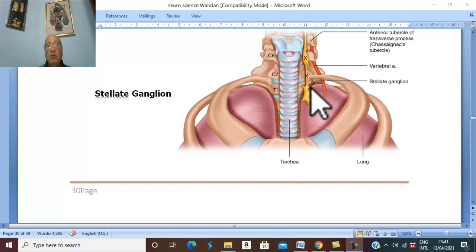first rib. What is the neck of the rib? Each rib has a rounded part like this. Therefore, it's called the head of the rib. Below the rounded part, there is a constricted part. What is the constricted part below the head? Sure, it is called the neck. And this is the neck of the rib. And therefore, the stellate ganglion lies in front of the neck of the first rib.